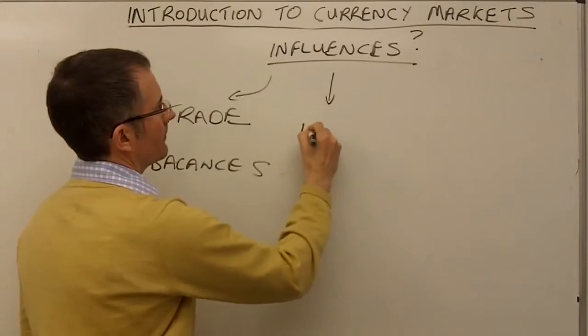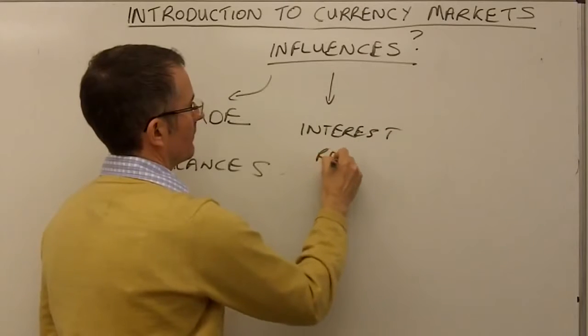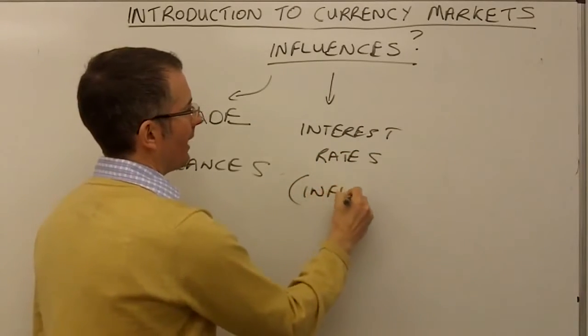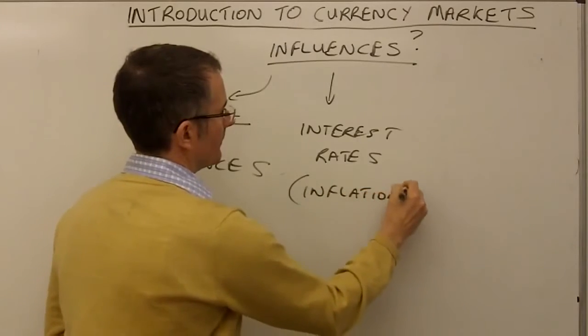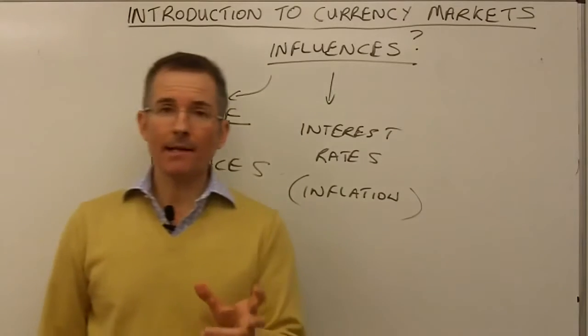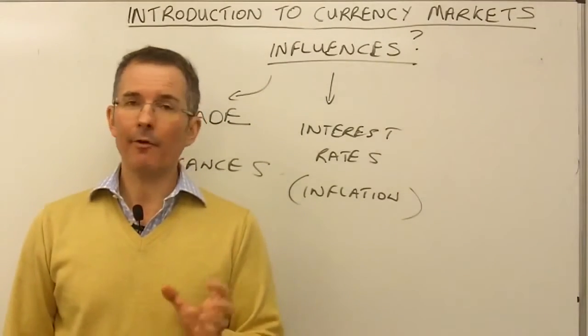Number two, interest rates. And you might say, linked to that, inflation data. Basically, the price of a currency is dictated heavily by what you can earn if you own it. So, if US interest